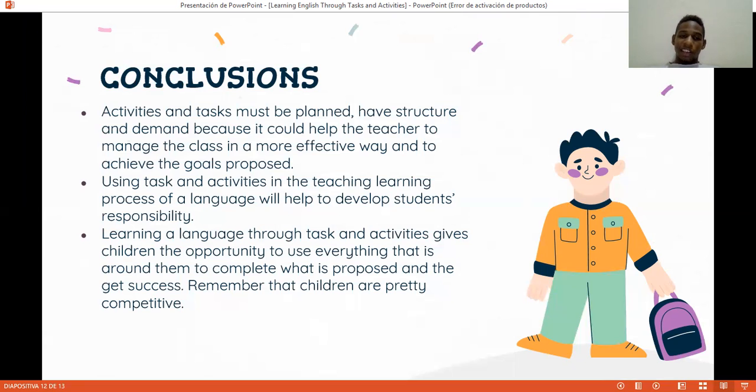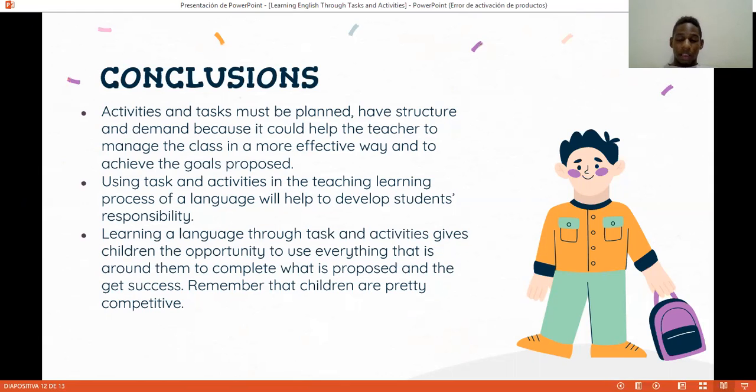And finally, learning a language through tasks and activities gives children the opportunity to use everything that is around them to complete what is proposed and to get success. Remember that children are pretty competitive. So in this part, I mean that our students will use their communicative abilities and all they know